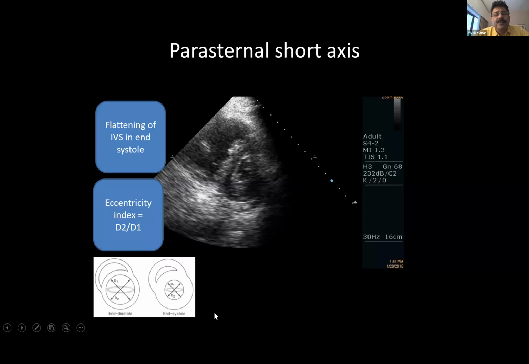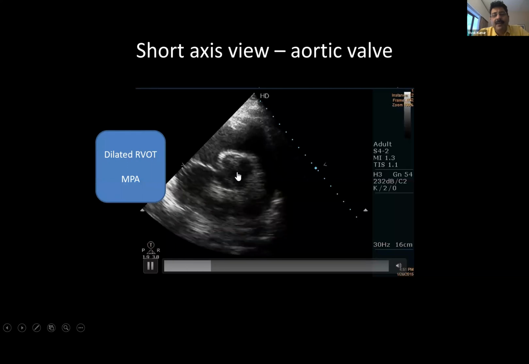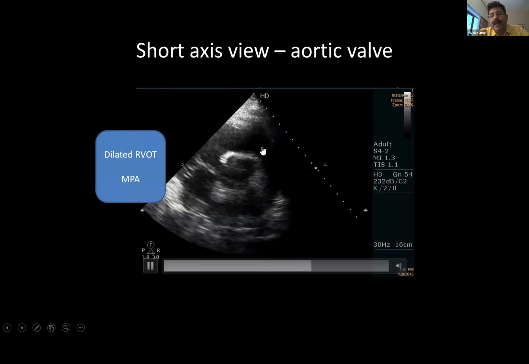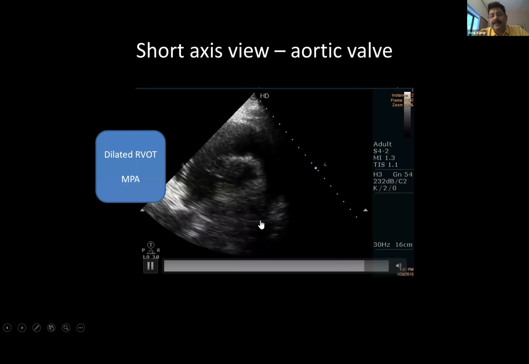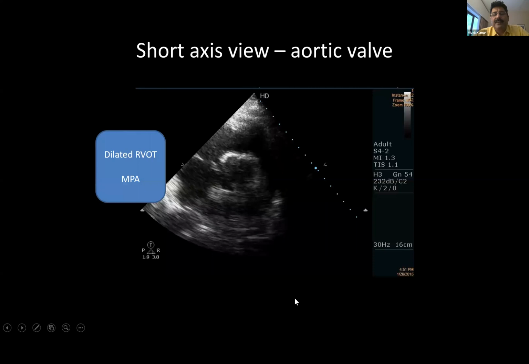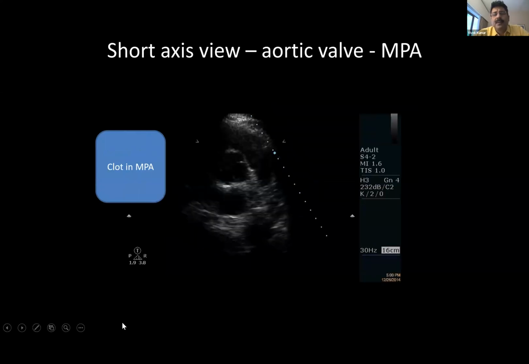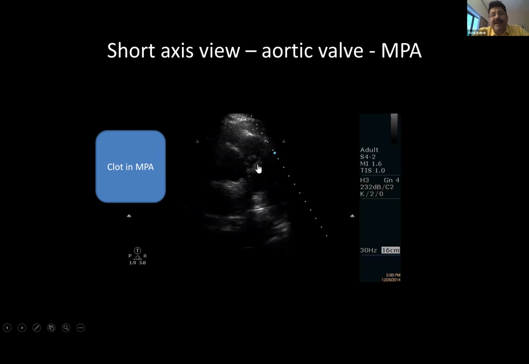This is the same patient, and this is a short axis view at the aortic valve level. This is the RA, this is the tricuspid valve, RVOT, and here's the pulmonary valve, and this is the main pulmonary artery. And this is the right pulmonary artery, it's more prominent. If the pulmonary artery appears so prominent, just have a second look into this. And here in the same main pulmonary artery, near the tricuspid valve, you have again a mobile